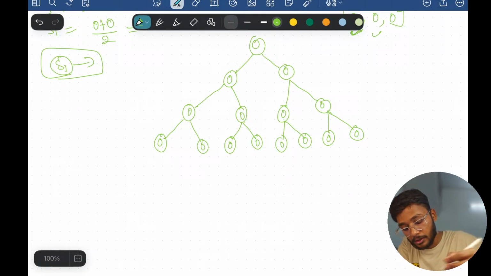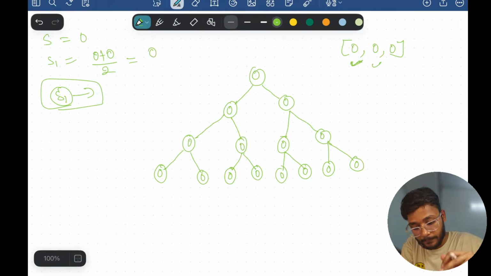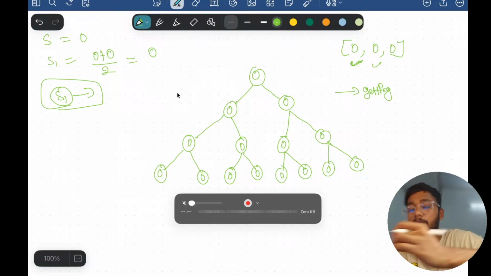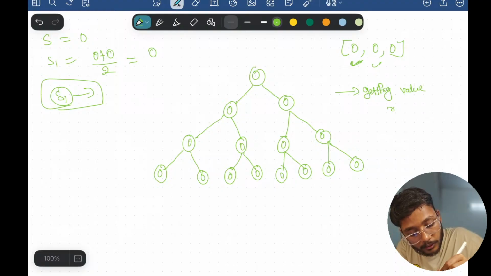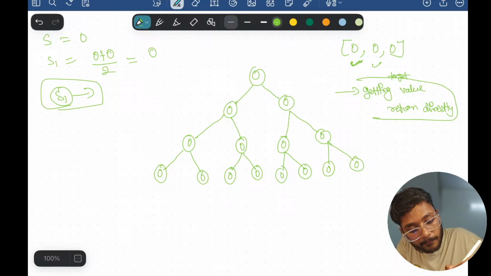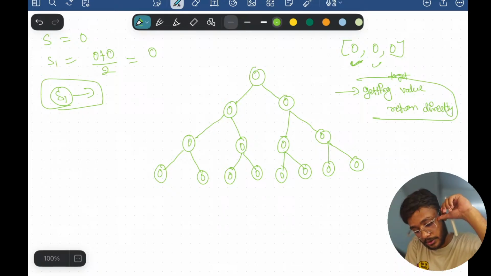So earlier what we used to do, whenever we were getting a matching value, getting the target value, we returned directly. But now the thing is that